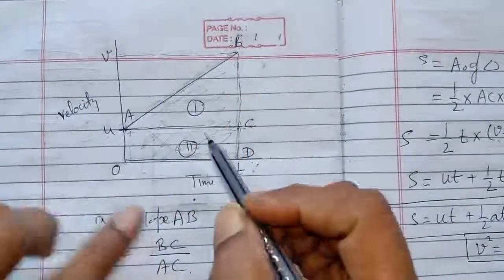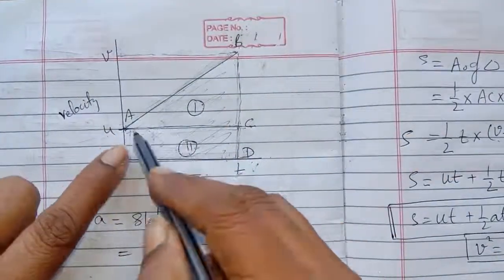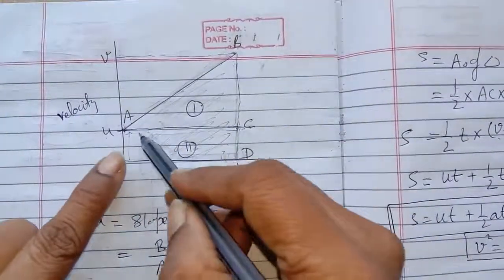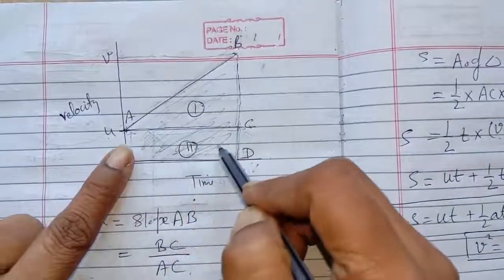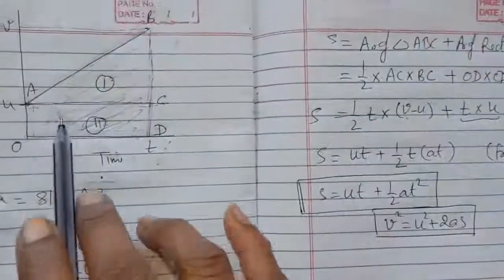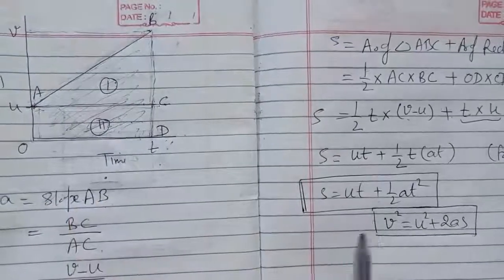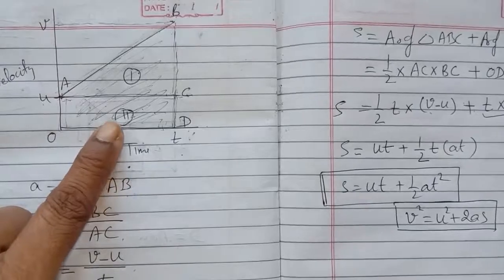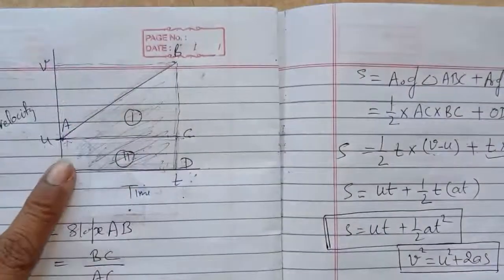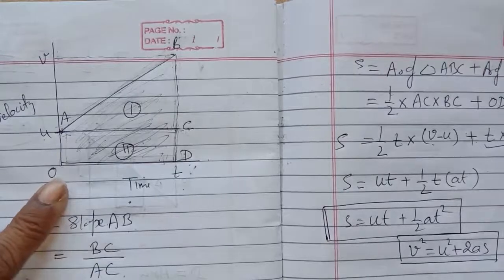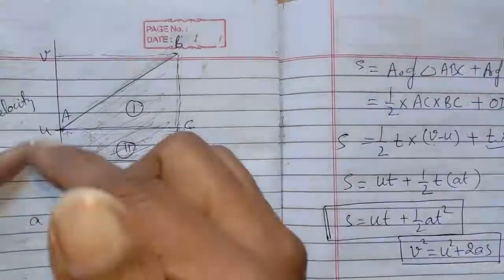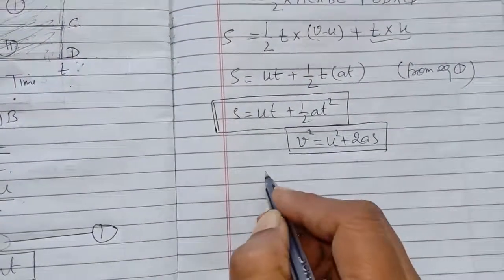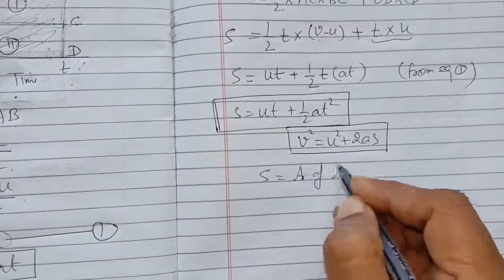And for finding the area, you have to take the area of this trapezium. For third equation of motion, it will be easy for you to find the area of this trapezium. For the derivation of third, you will find the area of the trapezium. So for finding the area of this trapezium, okay, देखो फिगर यहाँ है, मुझे यहाँ काम करना है. So आप अपनी कॉपी में इसको फिगर को ड्रॉ कर लीजिए. So it will be easy for you to understand what I am writing in the notebook. So मैं क्या लिख रही हूँ, एरिया ऑफ ABDO ट्रपेजियम. So we can say like S is equal to area of trapezium